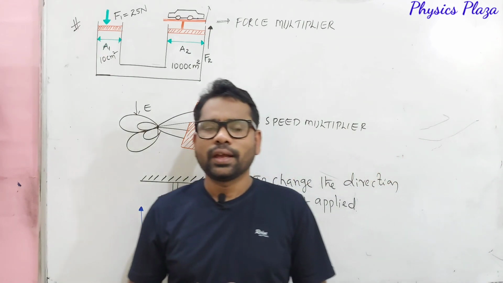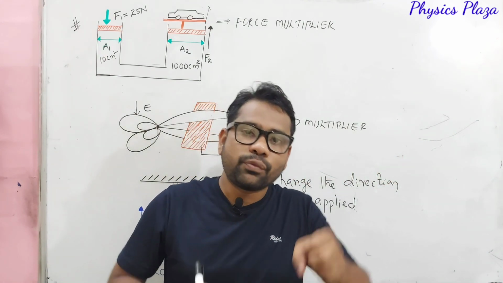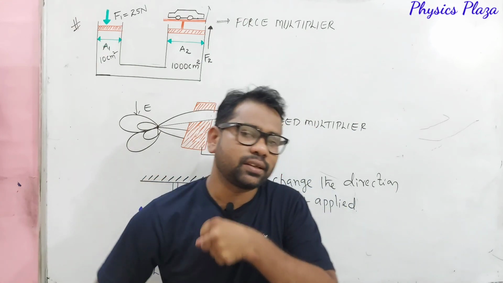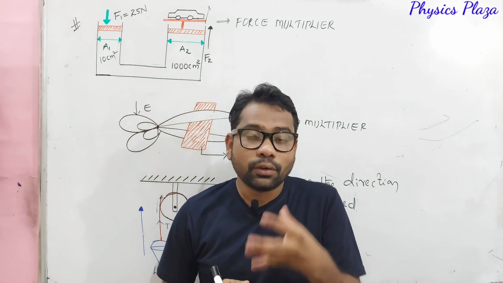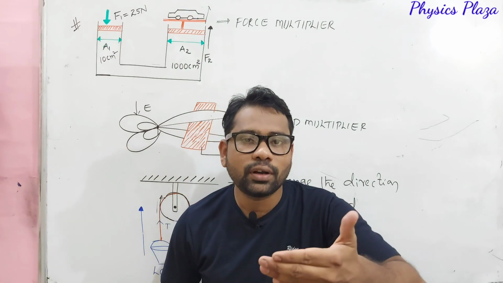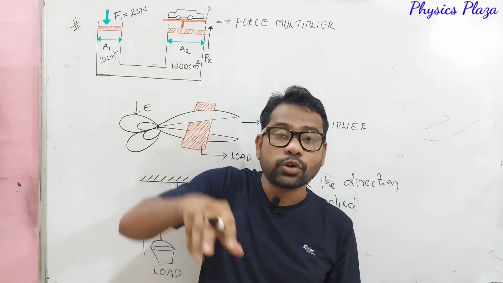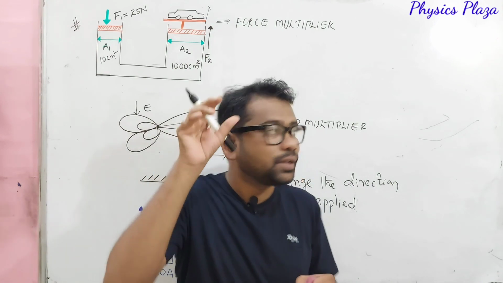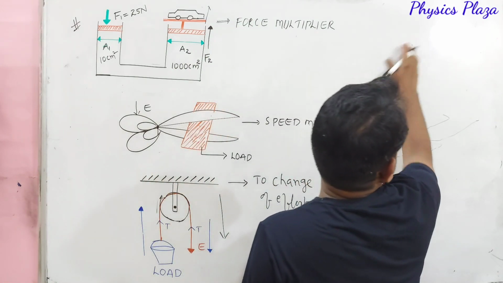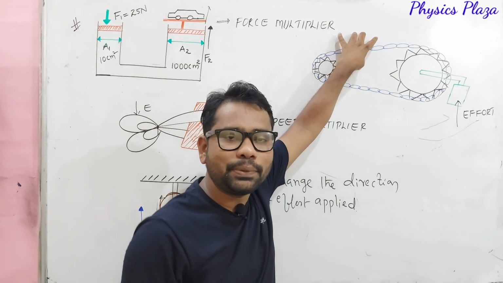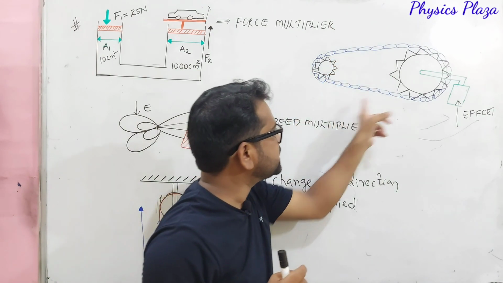Now dear children, let us recall once again. What happens when we are cycling? How can we make the cycle move forward? Of course, no doubt about it, by applying some effort, some force. Where do we apply it? On the pedal. So look at the system, it will be like this. Children, look at this arrangement. It is what we actually have in a cycle. That is a gear system.